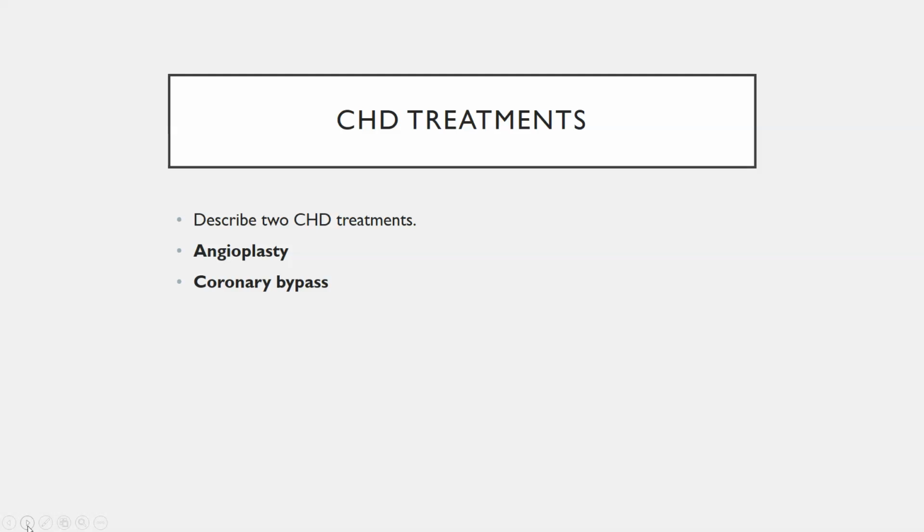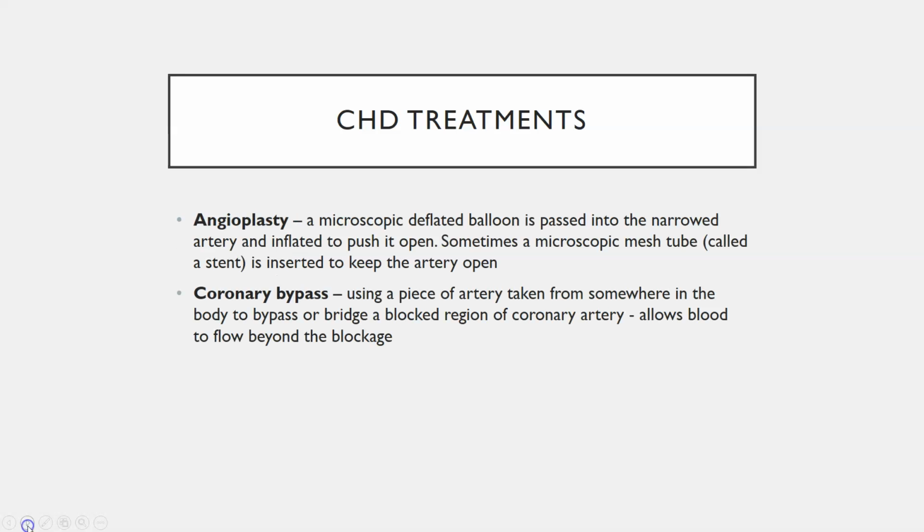So now, can you describe them for me? Pause it because I'm going to go through the answers. So what we should have for an angioplasty is a microscopic deflated balloon passed into the narrowed artery and inflated to push it open. Sometimes a microscopic mesh tube called a stent is inserted to keep the artery open. This allows blood to flow through the artery, feeding the heart,